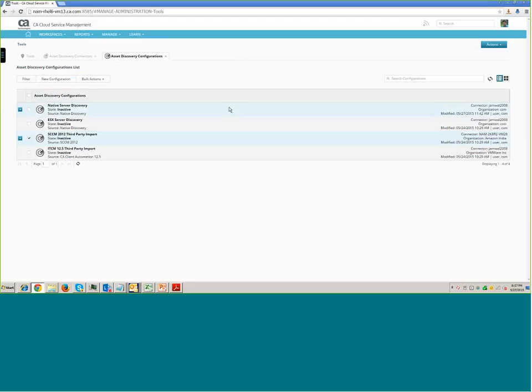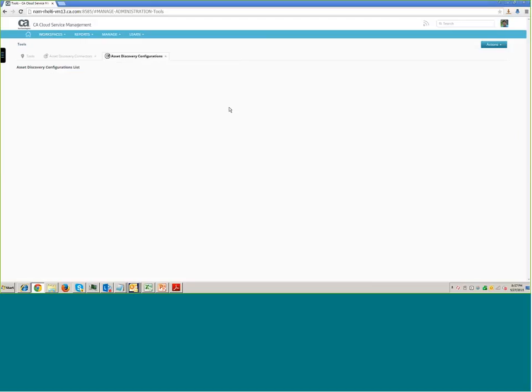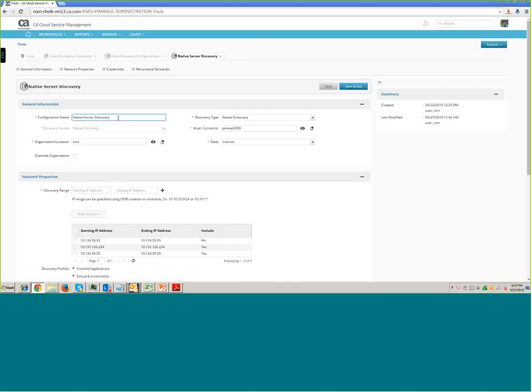Yeah, thank you. So I'm just opening one of the asset discovery configurations. The configuration name is where you can specify the name for the specific configuration you are dealing with. For example, if I am populating this for a particular organization, you can name it accordingly, so that if my log or my connector status tells me that this configuration ran and these are the items which got discovered,